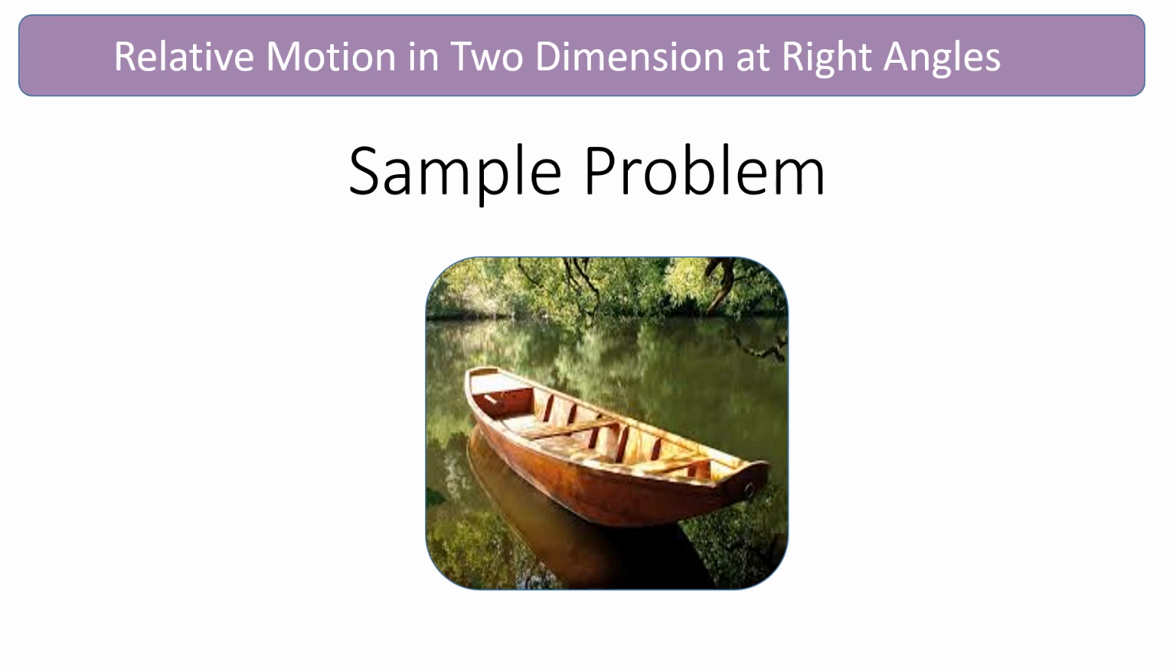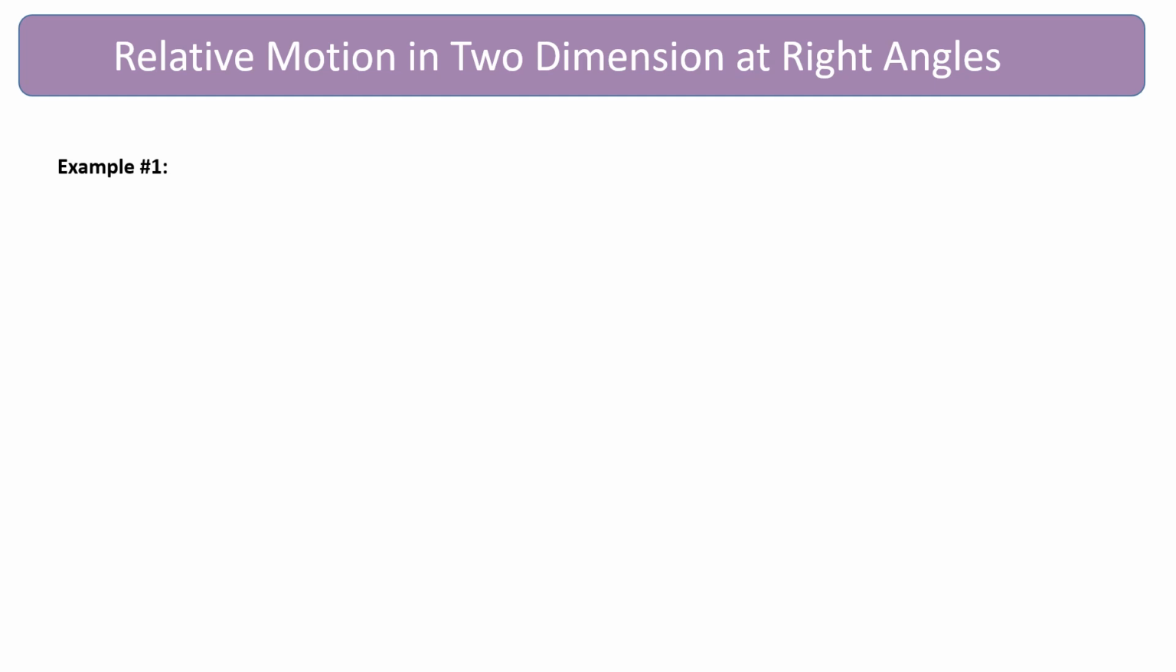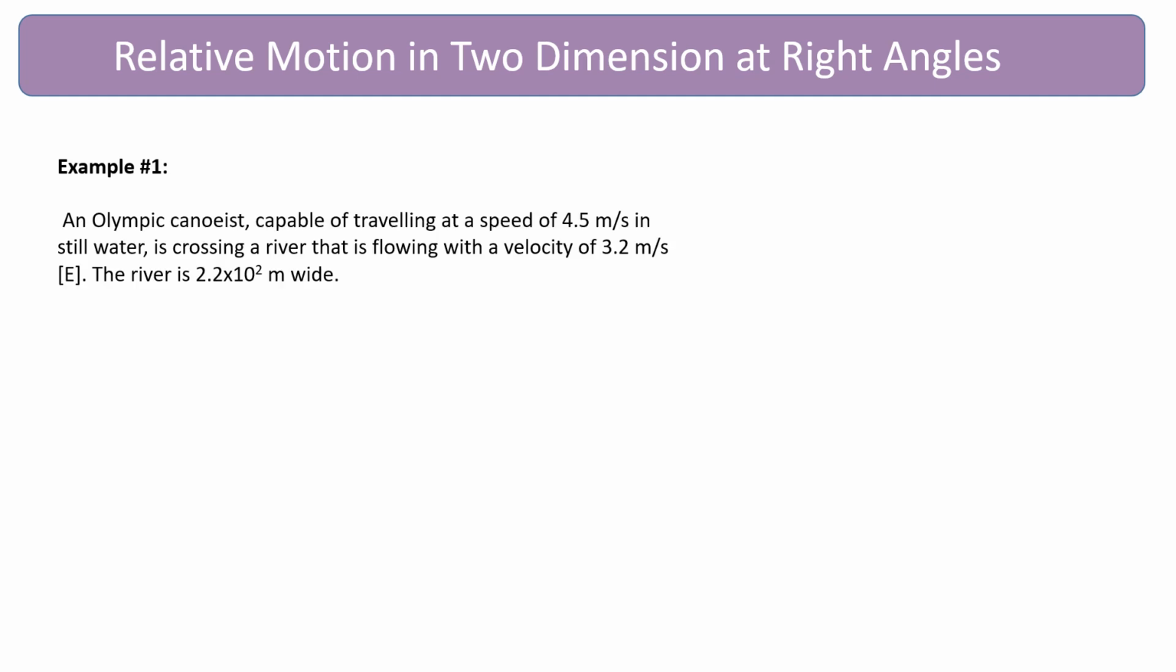Relative motion in two dimensions at right angles. Example 1. An Olympic canoeist capable of traveling at a speed of 4.5 meters per second in still water is